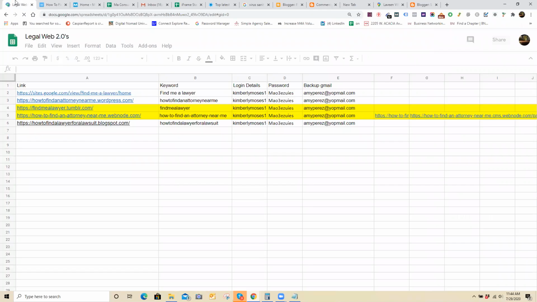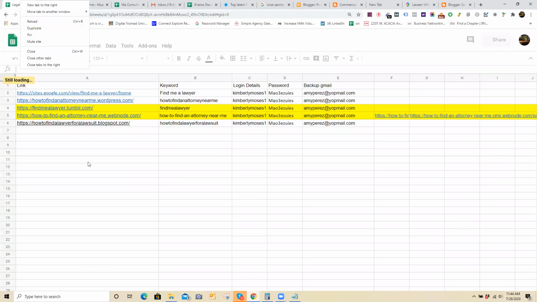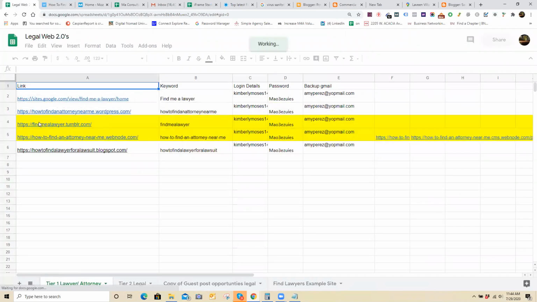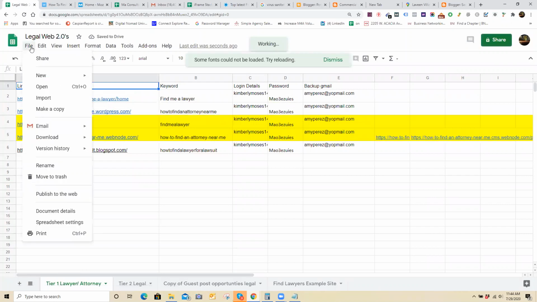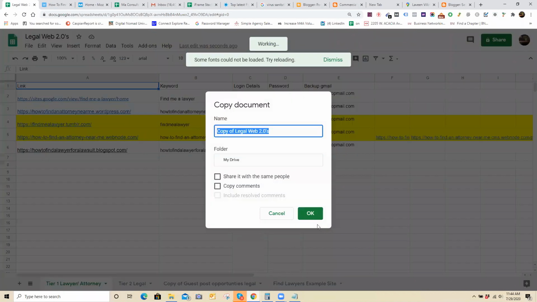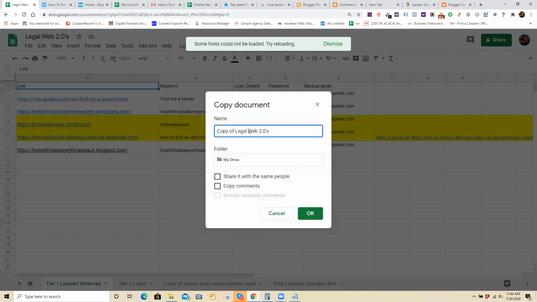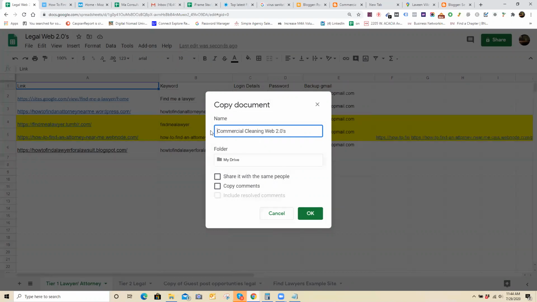Yeah, bad decision. So I actually duplicated this. I should have just gone to File, Make a copy, and then I'll call this commercial cleaning Web 2.0s. And then, like I said, I just use a basic keyword like commercial cleaning because within that,